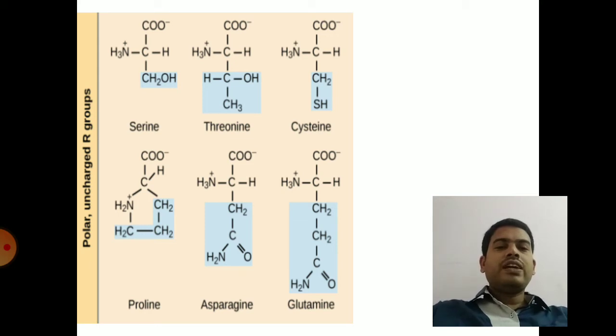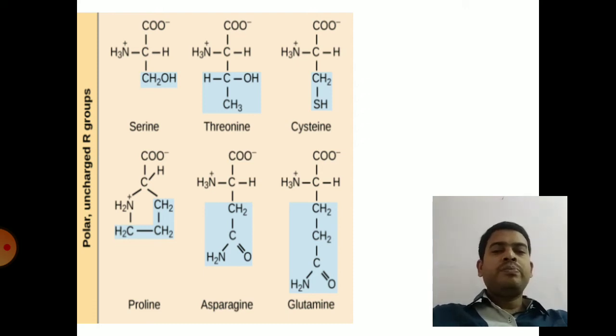Another sulfur containing amino acid is cysteine. One we have seen in the previous slide, methionine, which contains a thiol group, and another sulfur containing amino acid is cysteine, which contains a sulfhydryl group. You can clearly see CH2SH. Cysteine, when present in proteins, plays an important role in the formation of disulfide bonds. So it plays an important role in protein stabilization by formation of disulfide bonds. So that is the function of cysteine.